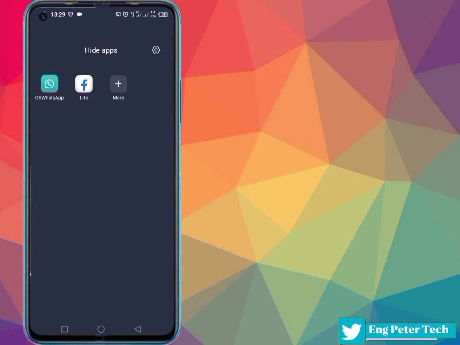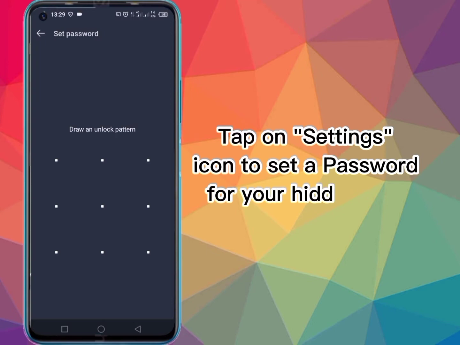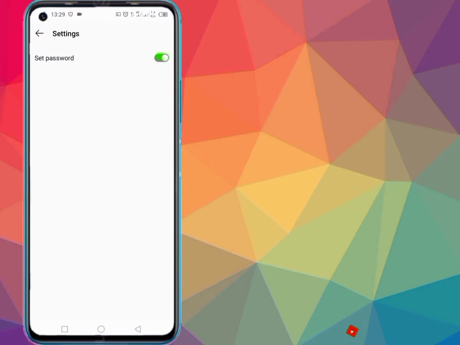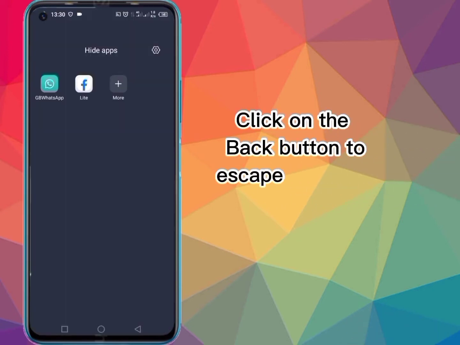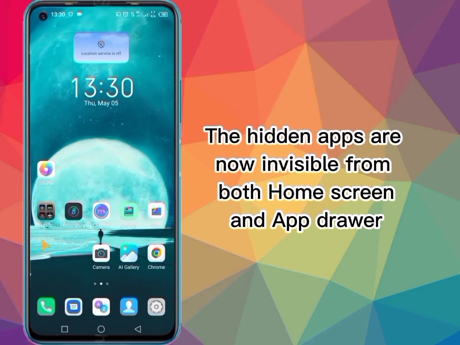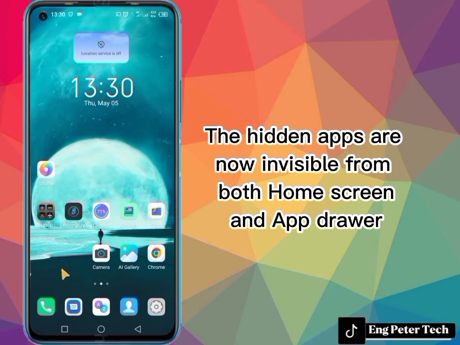of your phone screen. After, tap on the Hide App Settings icon to secure your hidden apps with a strong password. This password should be different from the one you use to lock your phone screen. That's all. Just press the back button to escape from this interface. Now, we can witness that both Facebook Lite and Jeeb WhatsApp apps are invisible from both the home screen and